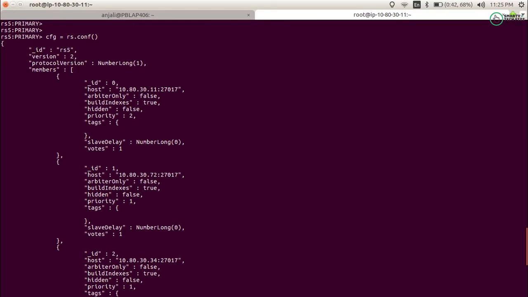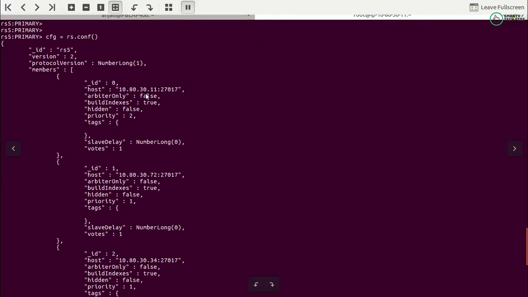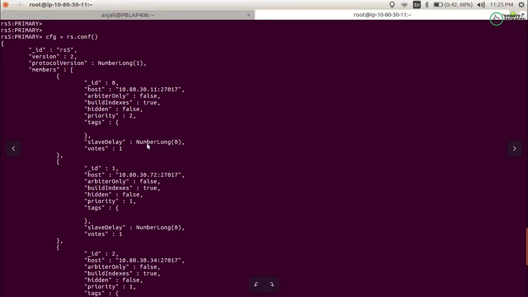You can see that this is my replica set configuration. These are the three nodes of the replica set, and you can see that 30.11 has the higher priority. Here is priority 2, priority 1 and priority 1. That means this one has the higher priority and it will always be in primary mode if it is running. If it has not been stopped, then it will always be primary. Now what I want is to run the compact command on 30.11. That is why I need to reduce its priority.